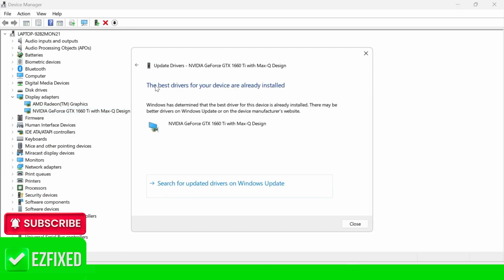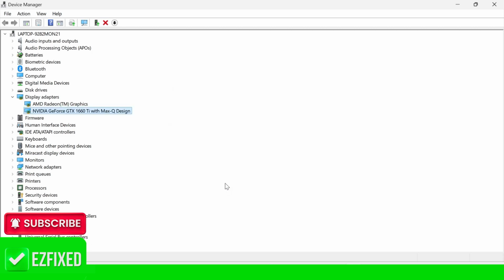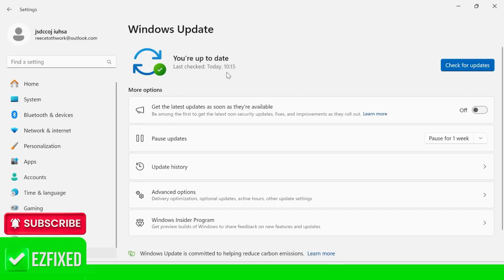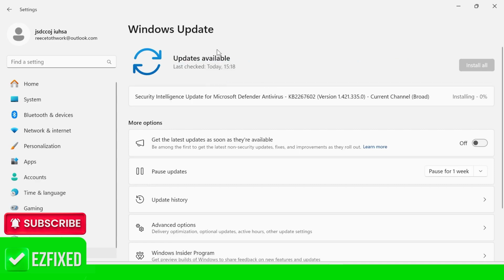drivers. Now, if it says the best drivers for your device are already installed, you'll then need to come down to Search for updated drivers on Windows Update, and sometimes it may also find outdated drivers here. So you just need to press the Check for Updates button and check to see if any outdated drivers are found. Now, if it does detect any updates inside of here, then you need to go ahead and install those